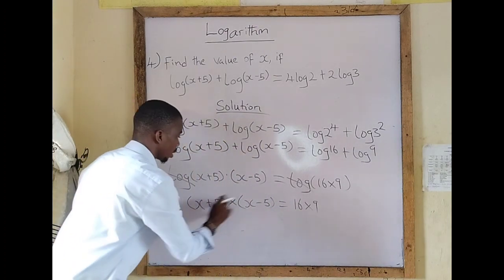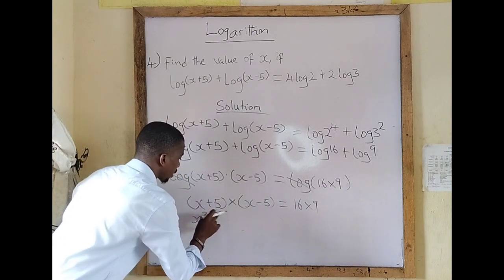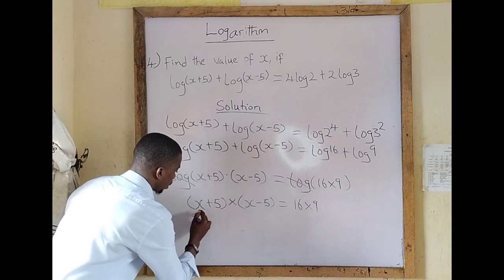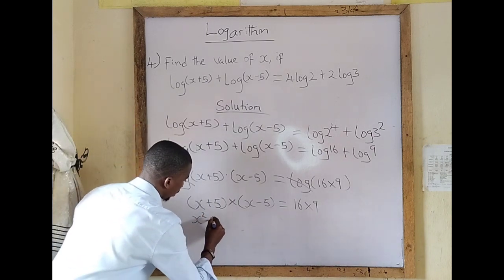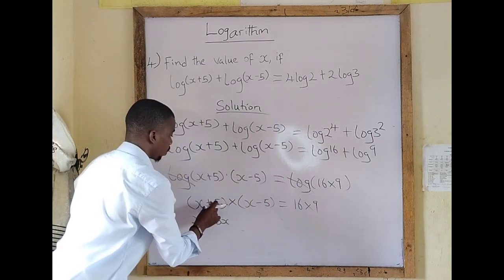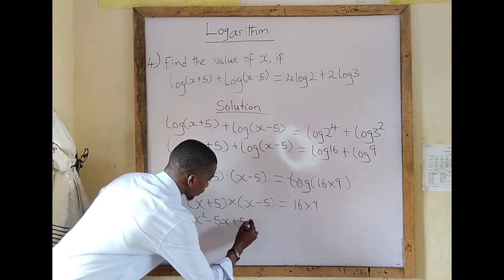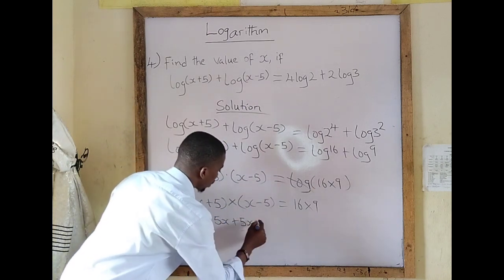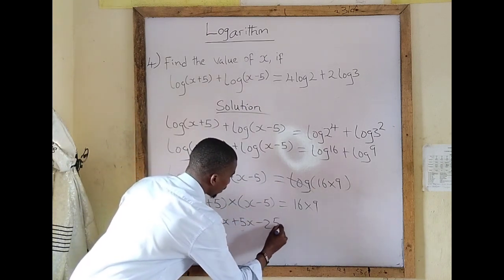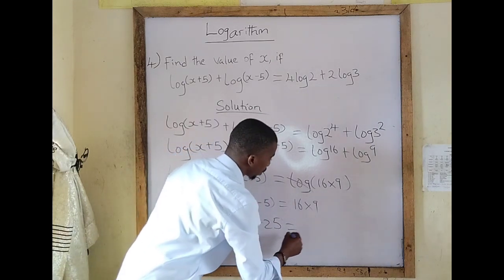So x times x will give us x squared, x times minus 5 will give us minus 5x, plus 5 times x will give us plus 5x, plus 5 times minus 5 will give us minus 25, and 16 times 9 will give us